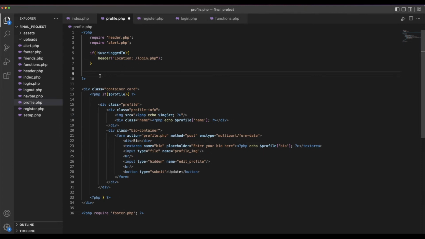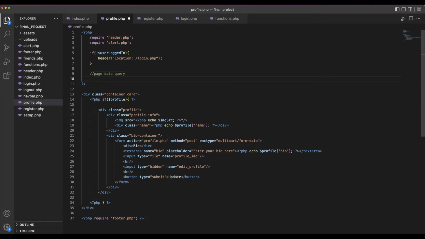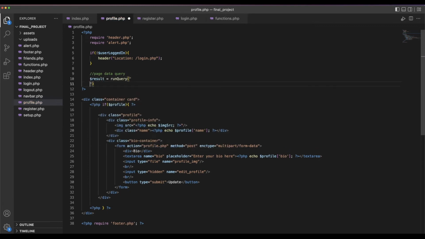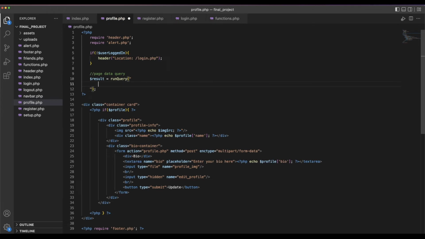This is going to be broken down into two sections. The first section is where we're going to do a page query or page data query, and this will basically be something like result equal to run query, and here we'll do select m.name, p.image URL, p.bio. So we're getting the name of the user, the image URL for the profile, and the bio of the